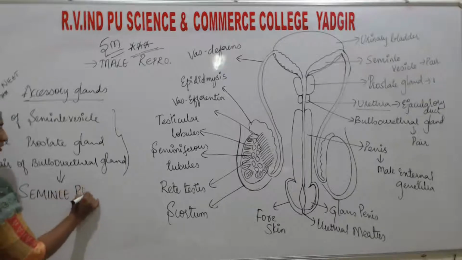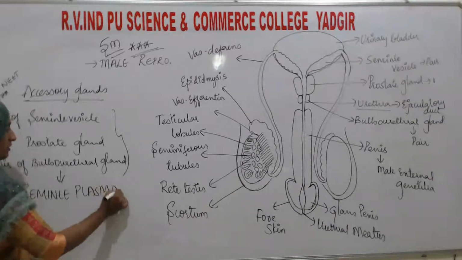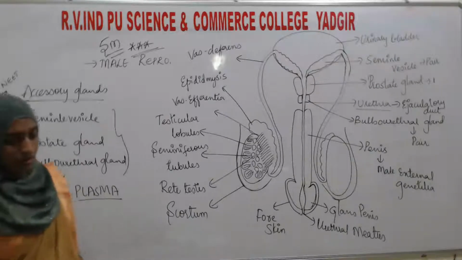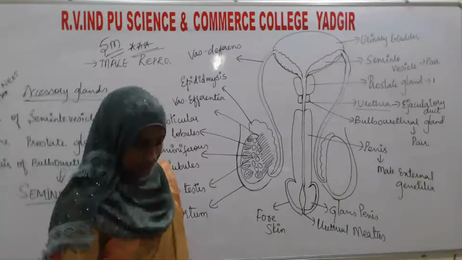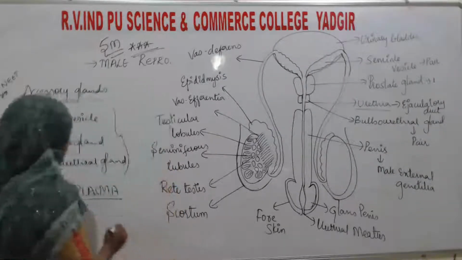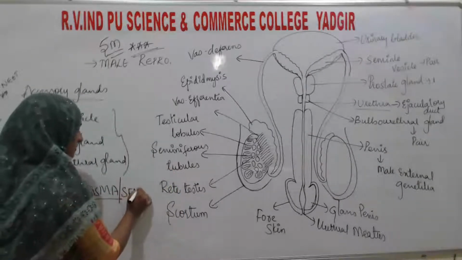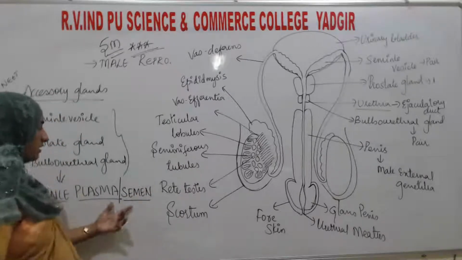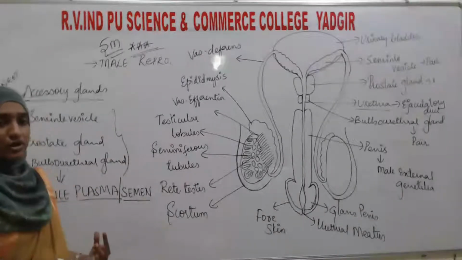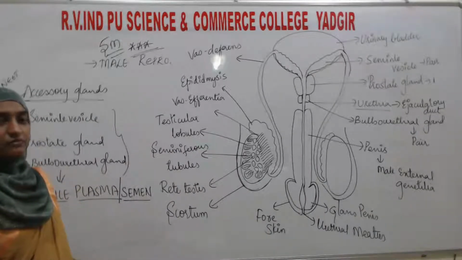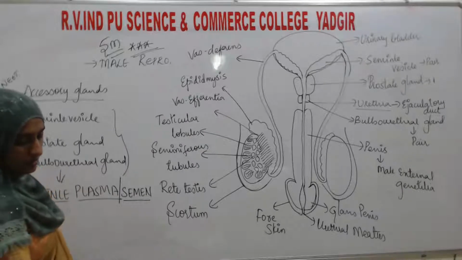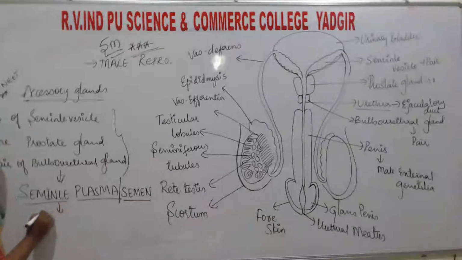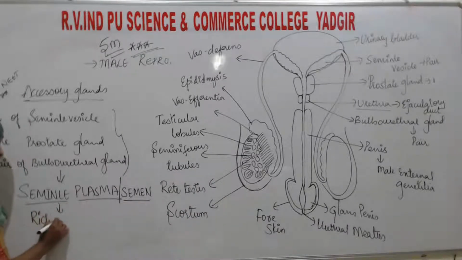What is it known as? It is known as the seminal plasma or the seminal fluid, or else the seminal plasma is known as the semen. Okay, in this semen or seminal plasma only, there will be presence of sperms. So this altogether constitutes the seminal plasma, and the seminal plasma is rich in fructose,